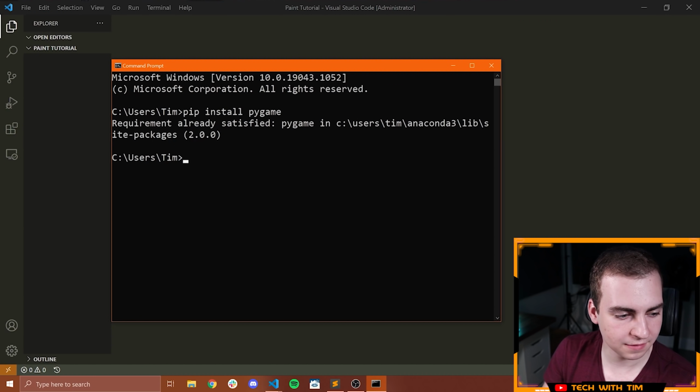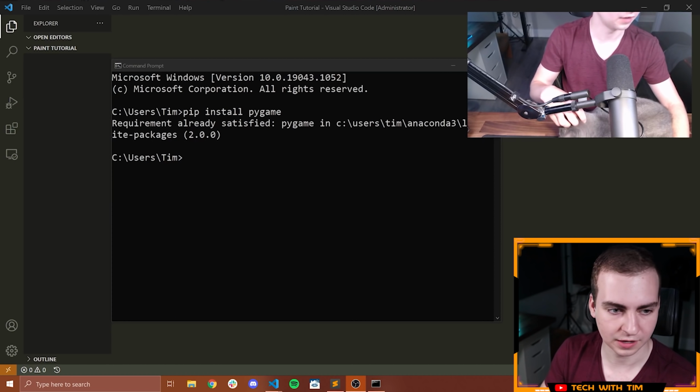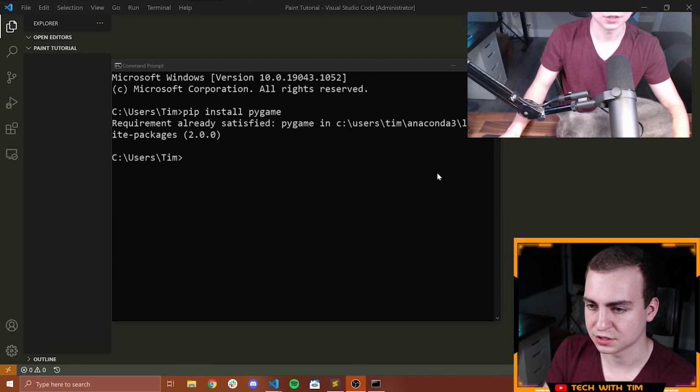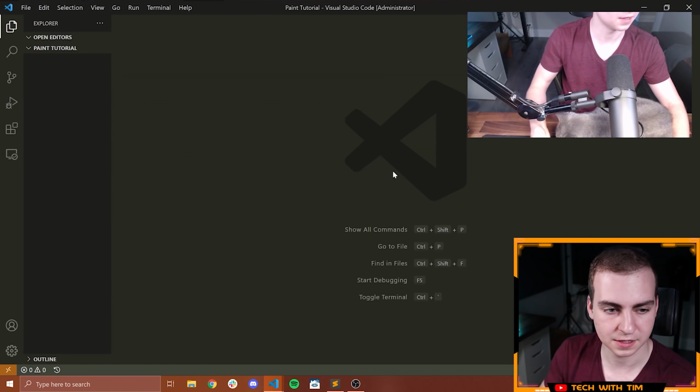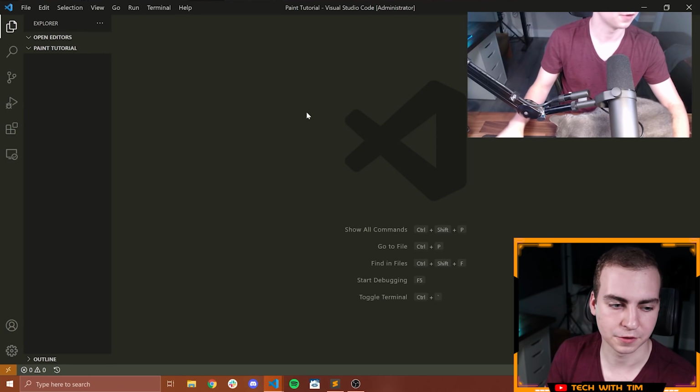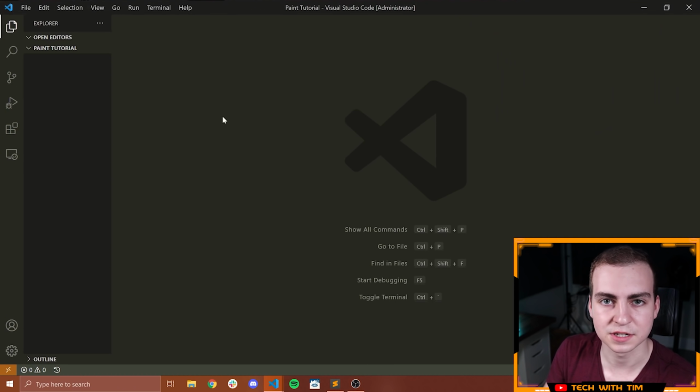All right, now before we dive into the core of the code here, I just want to show you that I do have a friend here sitting on my desk. So if you notice that it's hard for me to type, that is because, of course, my cat wants to sit right in front of my keyboard. I'm sure if you guys have cats, you have to deal with that too. Anyways, let's go ahead and get started.